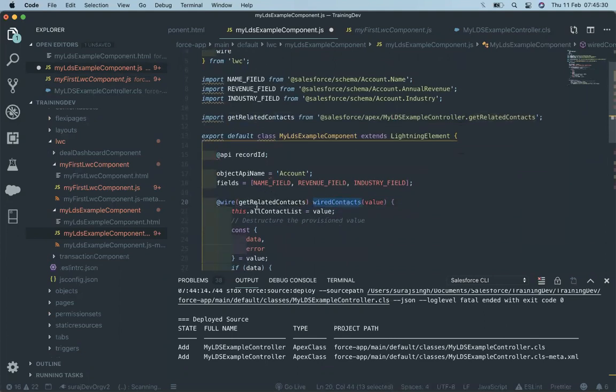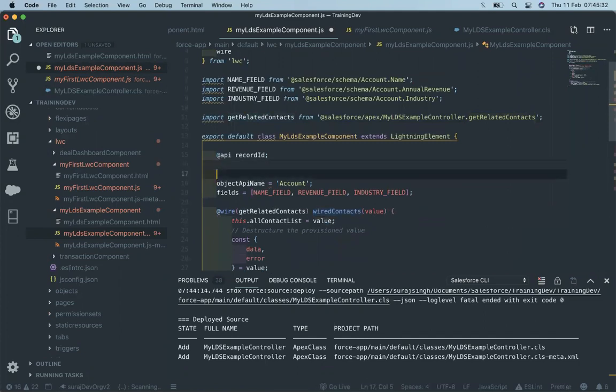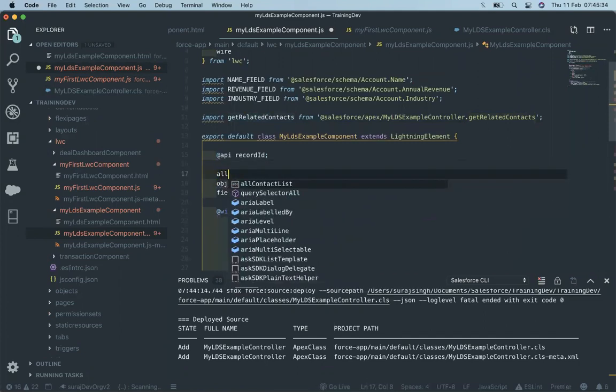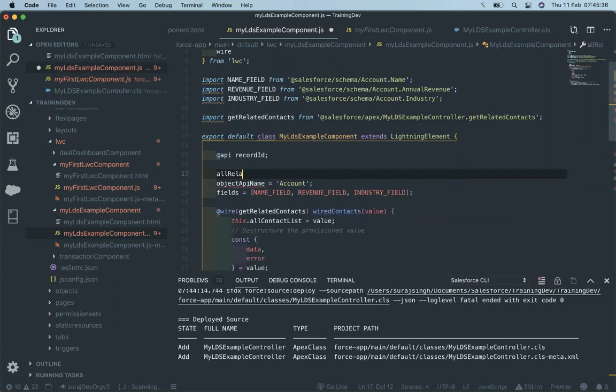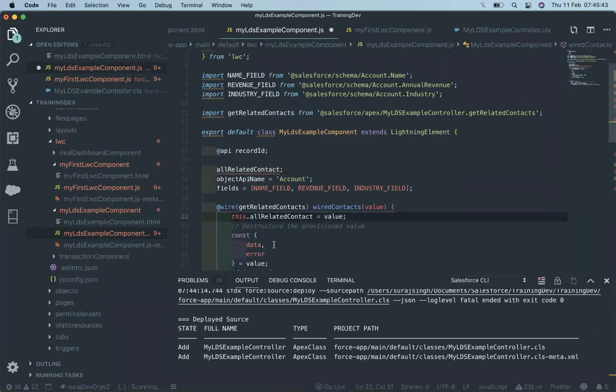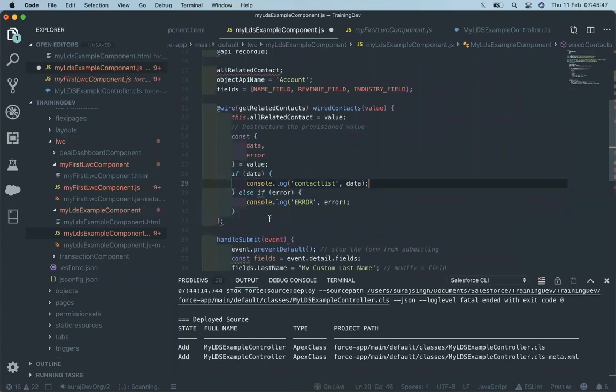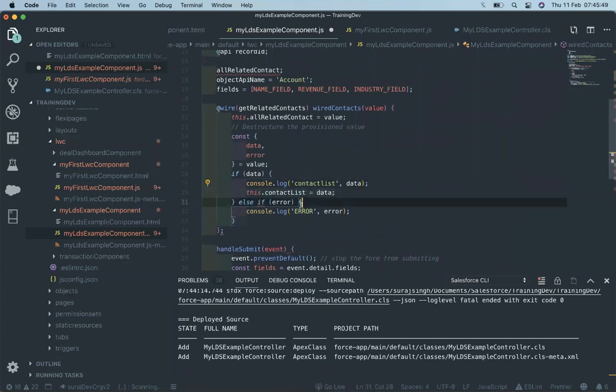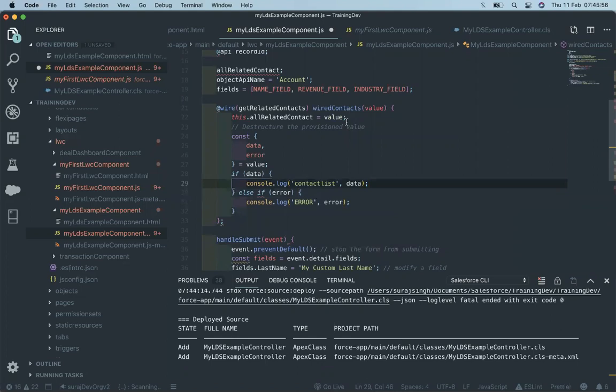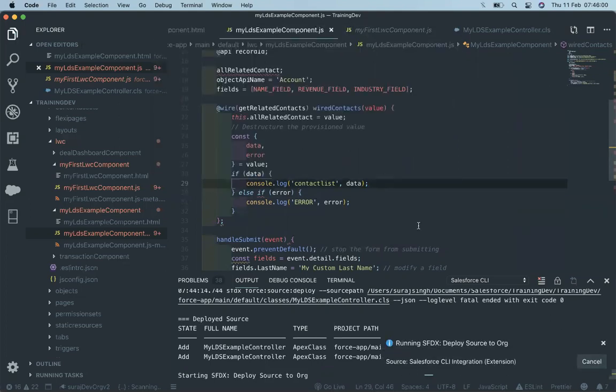Let's create an attribute, and we can add all the related contacts up here. Let's log that field in order to see whether it's fetching the details or not.